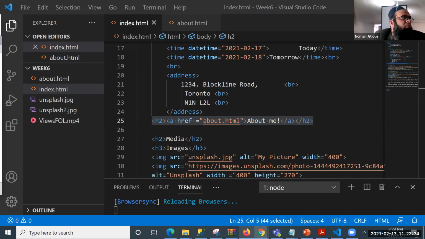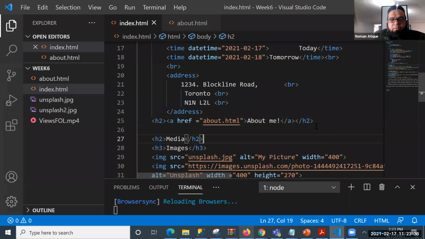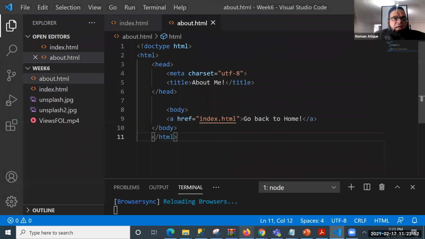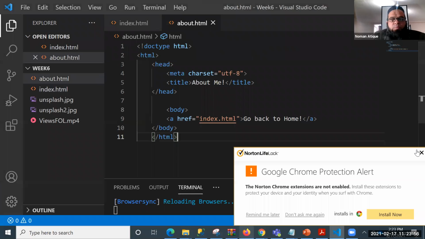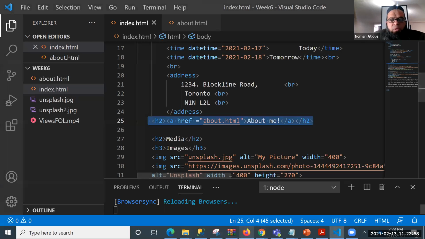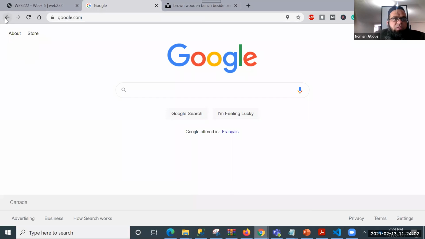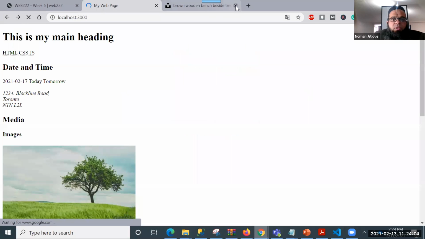Oh, why is it not coming? You will find the code over there, about.html, right? So I've placed this code inside my index page and this code, index.html, in my second page. I hope everyone understands what I'm trying to do. Now let's save these two and run our document. Where is our document? It's in localhost, so it is coming.